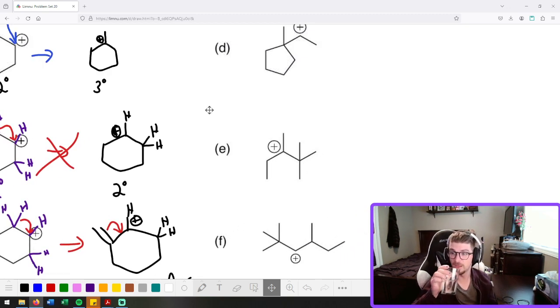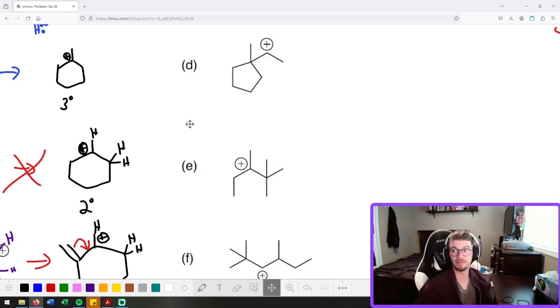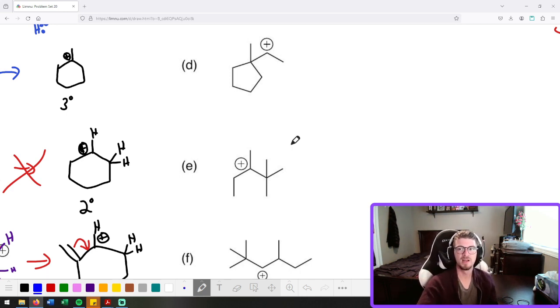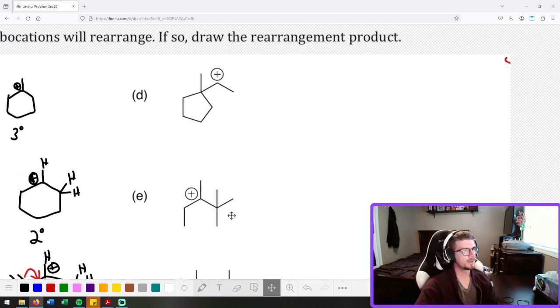My brain's getting fried. But it makes that carbocation much more stable, and that is what we want when we're talking about carbocation rearrangements. We're aiming to stabilize the carbocations so that it can do its thing. Okay, so in this case,